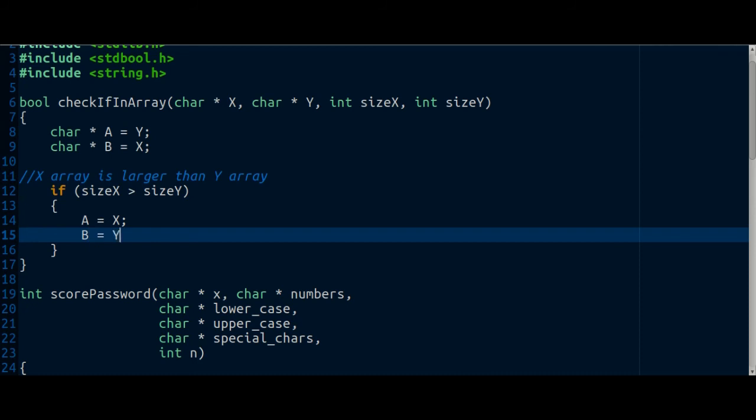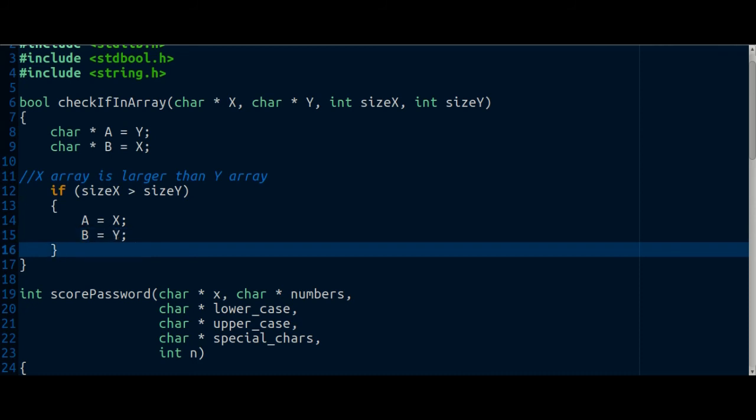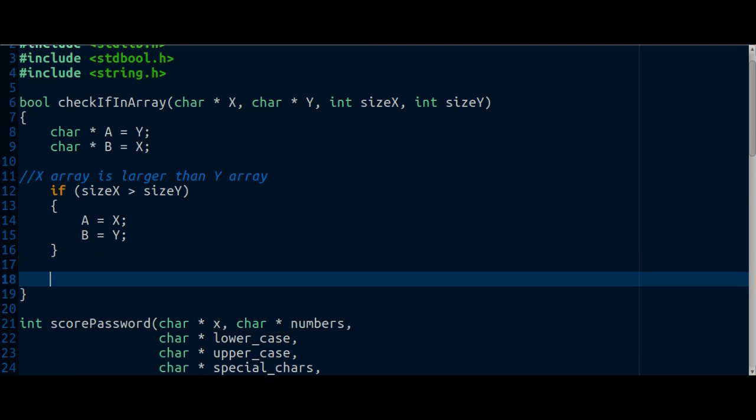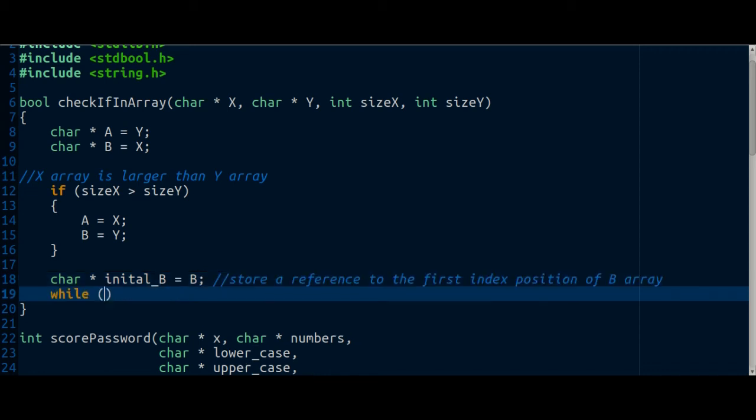Basically I'm switching these two arrays. So after I have done that, I'm going to say char initial B. Initial B would store the first index position, and I am going to dereference the pointer A, which would access the